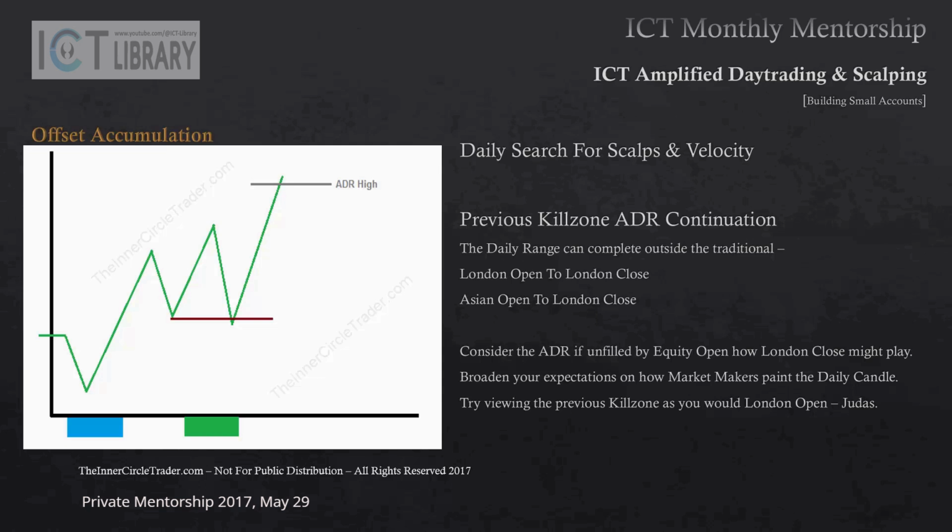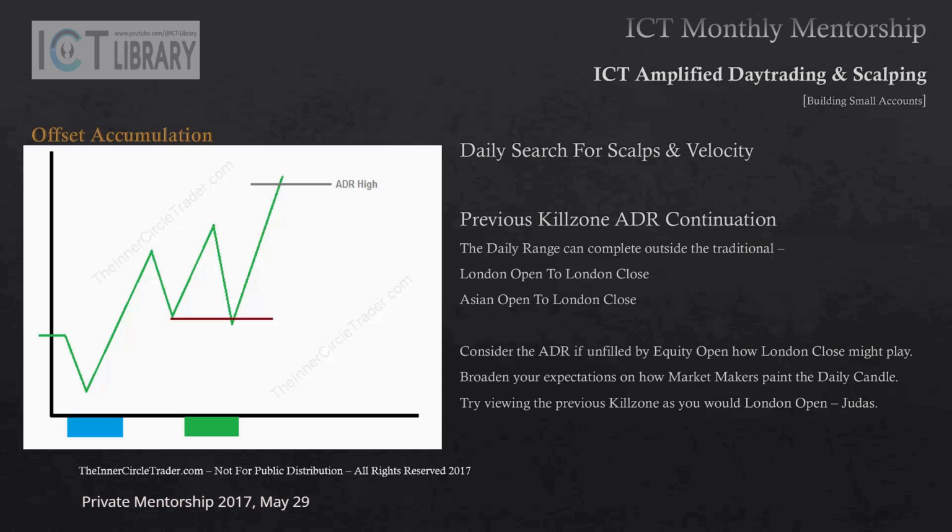And again, it goes just like the sun follows around the planet constantly. It rises somewhere else. You start with Asian Open and look for a move going into the London Open. Then London Open into New York Open. Then New York Open into London Close, and then London Close into the bond close at 3 p.m. New York time. There's your scalping windows. What you're looking for is your PD array matrix to line up with that idea.